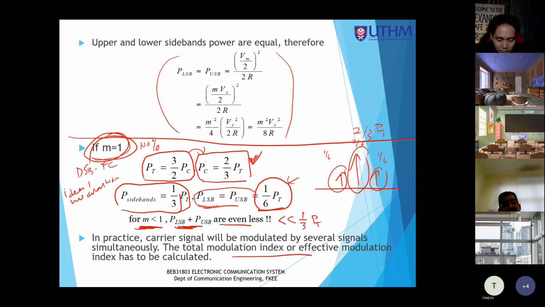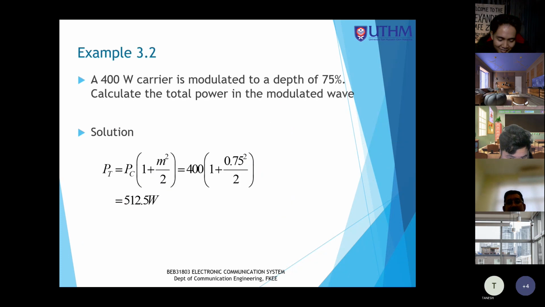Yang mana dikatakan di sini dia wasted of power kerana sebahagian besar daripada total power, iaitu 2/3 daripada total power belongs to the carrier component, whereas the carrier component does not carry any information, and the sideband only has 1/6 of the total power, which is very small. Okay, so that's why it is dikatakan sebagai wasted of power, dia punya disadvantage untuk double sideband full carrier. Okay,